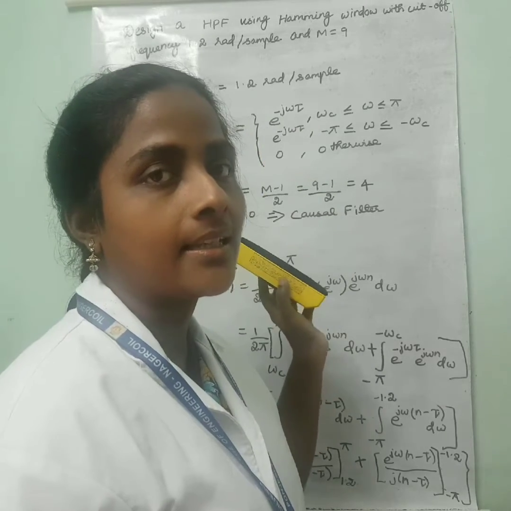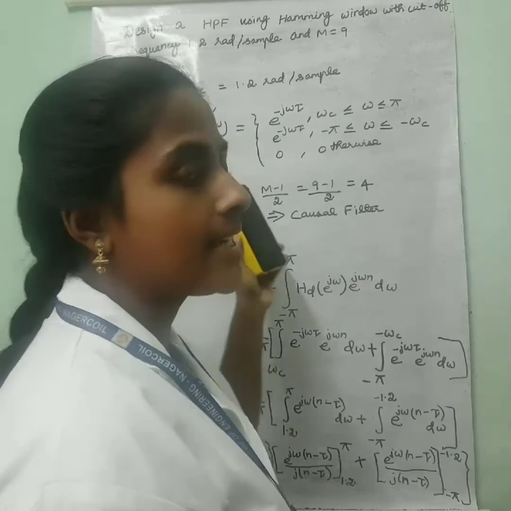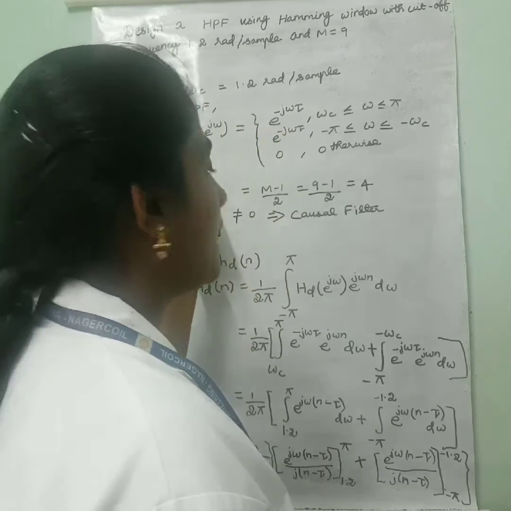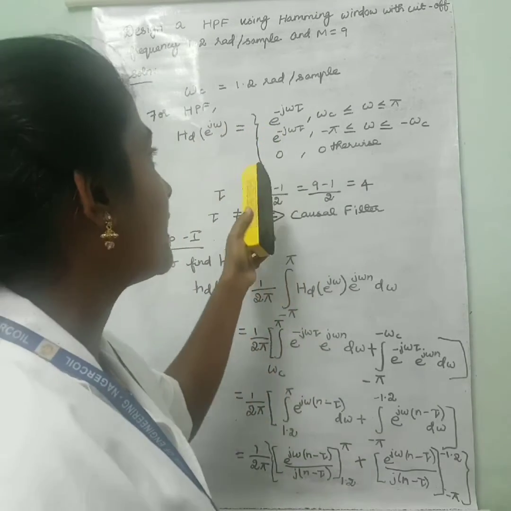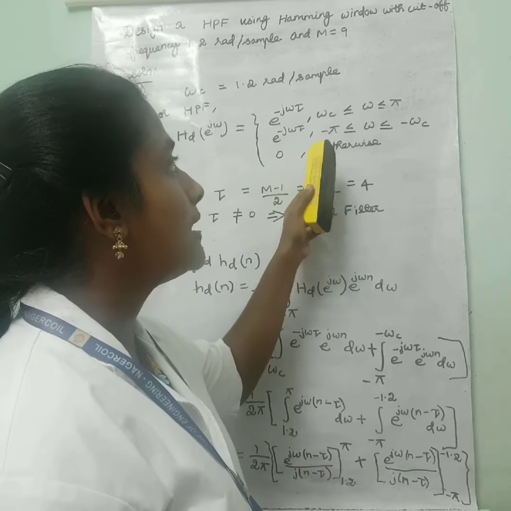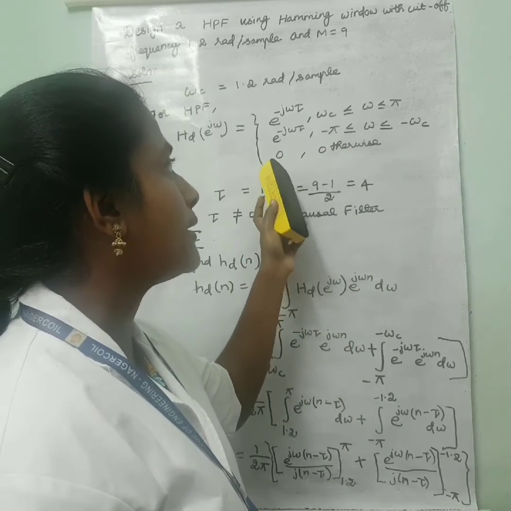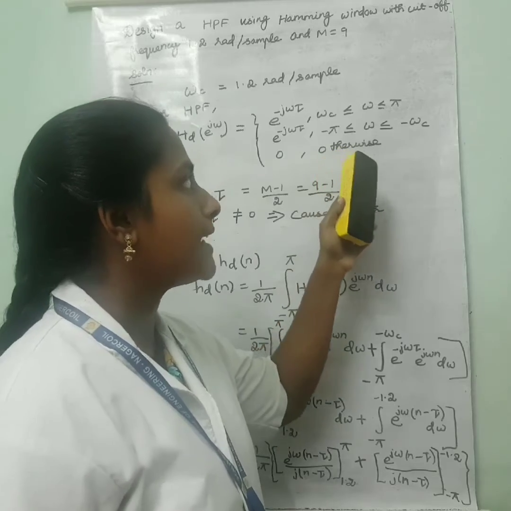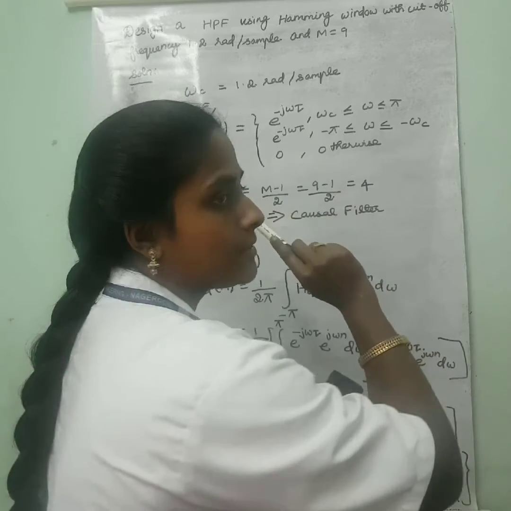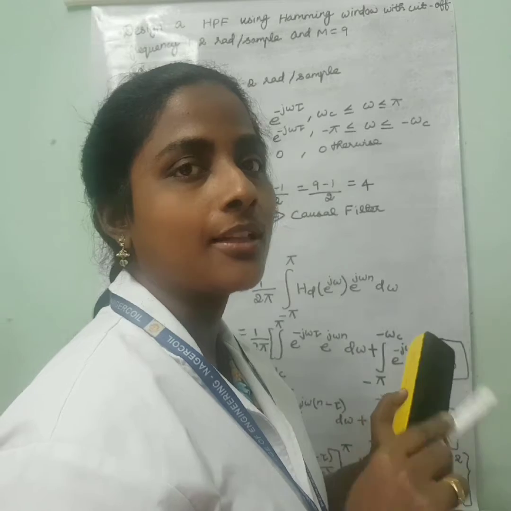Previously we have studied the desired frequency response for each filter. So the desired frequency response for high pass filter is Hd of e power j omega is equal to e power minus j omega tau, the limit is from omega c to pi, and again e power minus j omega tau, the limit is from minus pi to minus omega c. This equation you have to memorize. We have to memorize for all the filters like this way, so that only you can do the problem.